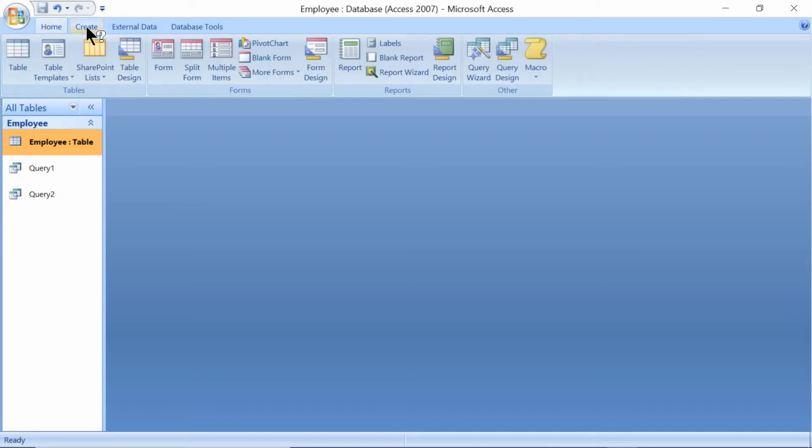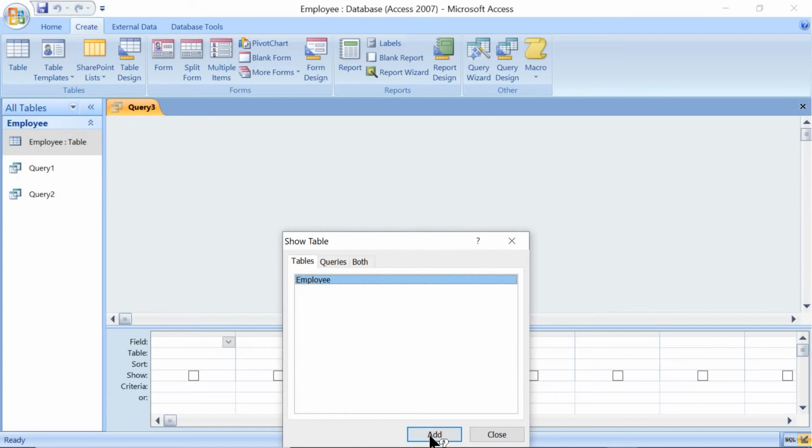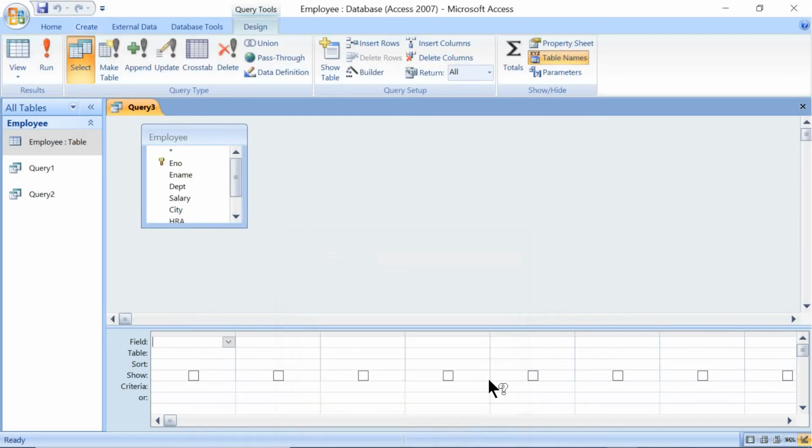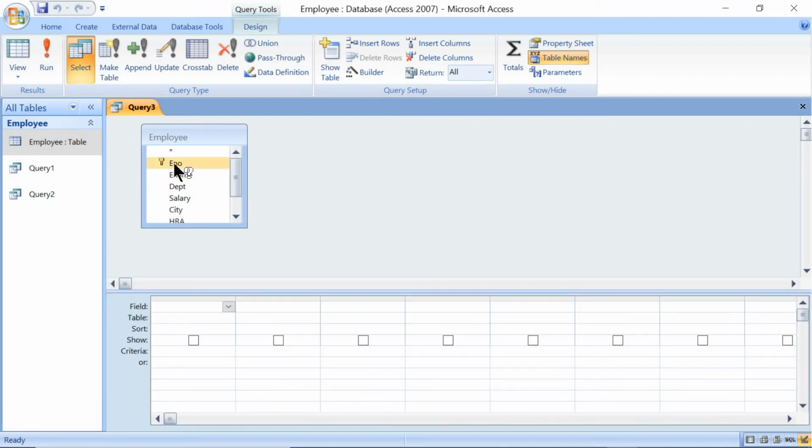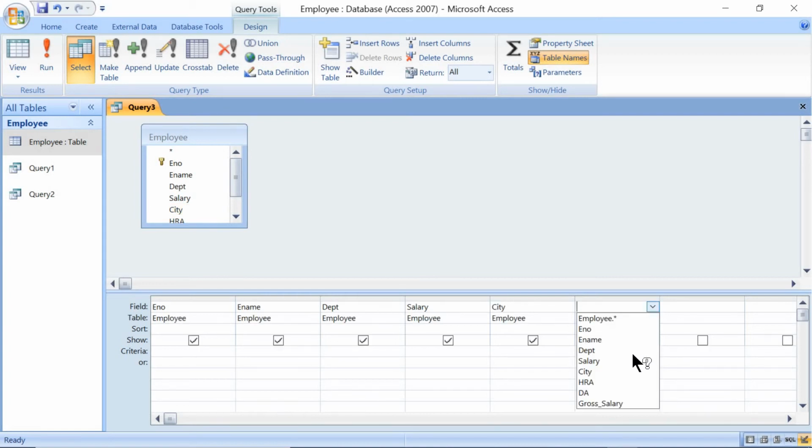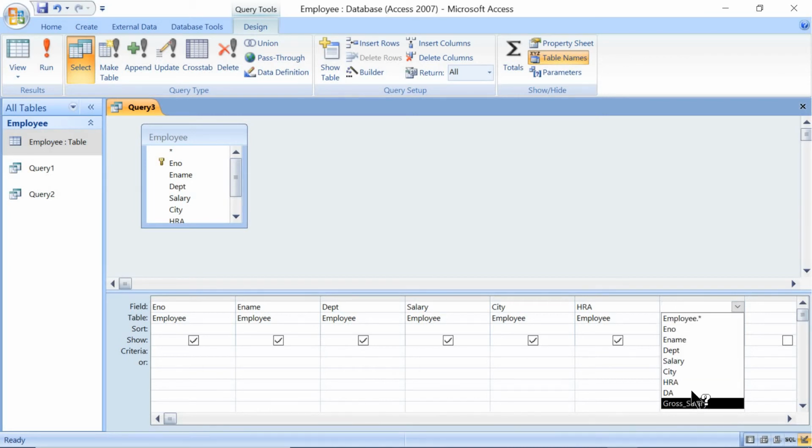Let's go back to create, then other, query design, add the table, then close. Once this is done, add all the attributes: employee number, employee name, department, salary, city, then HRA, then DA, then the last one is gross salary.